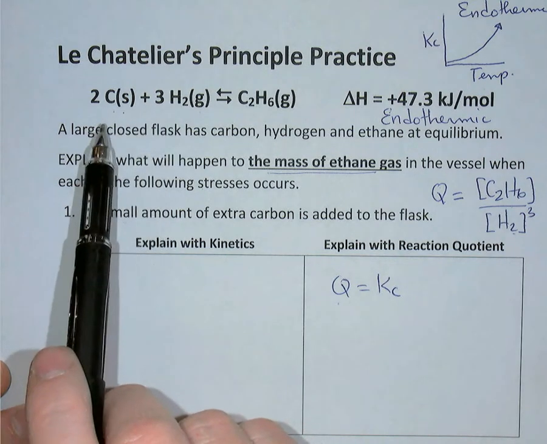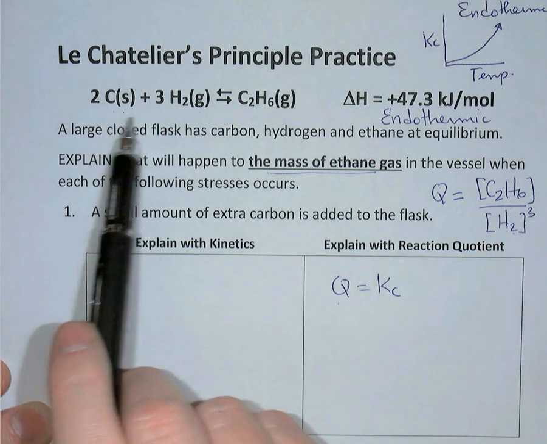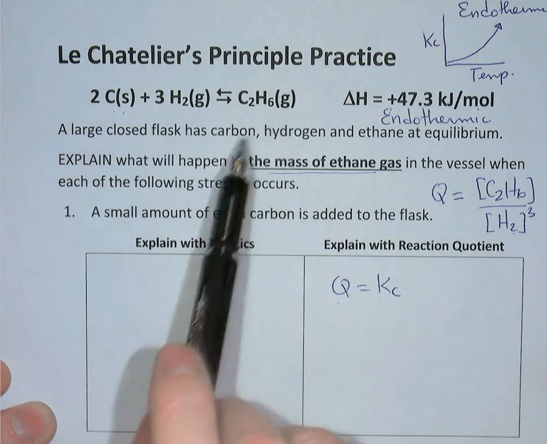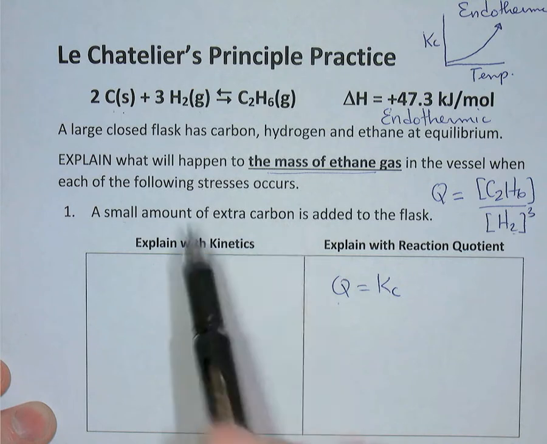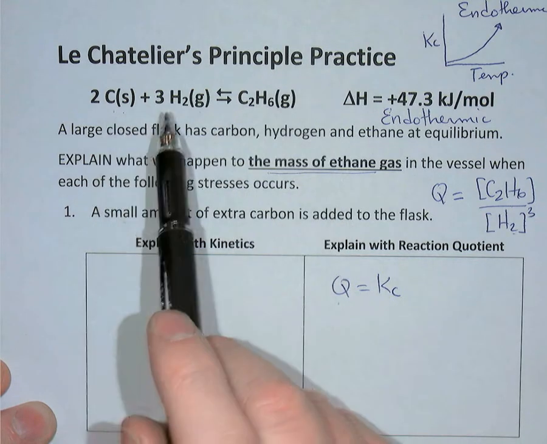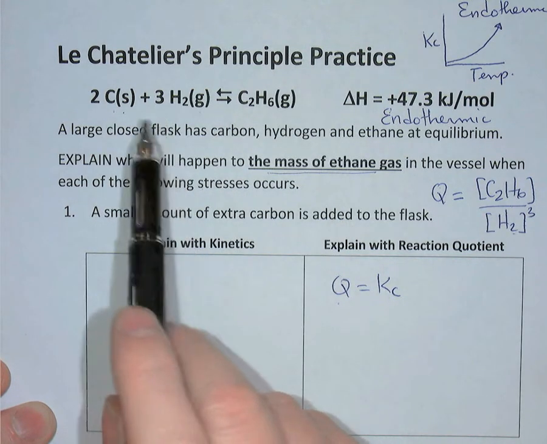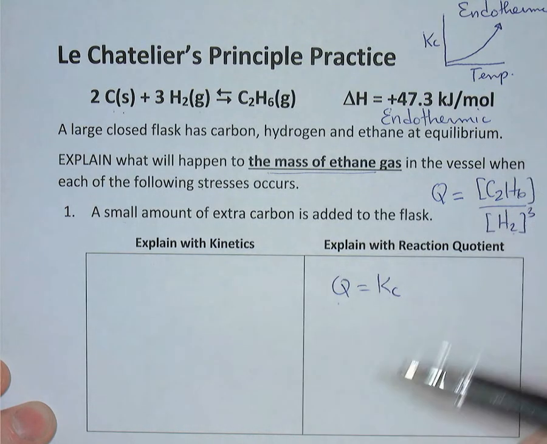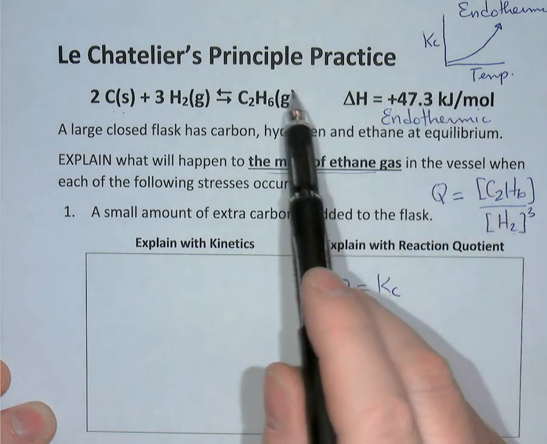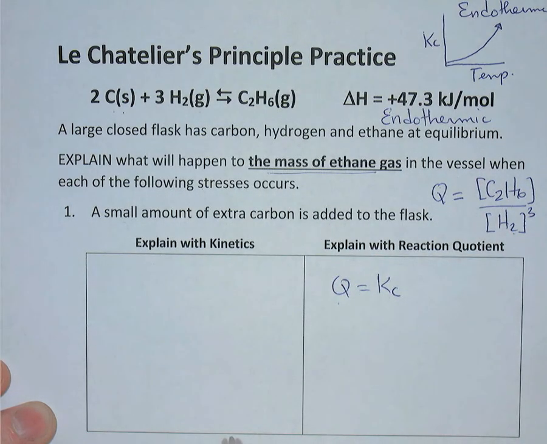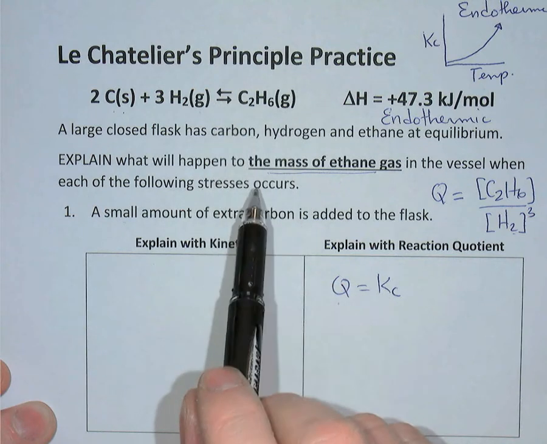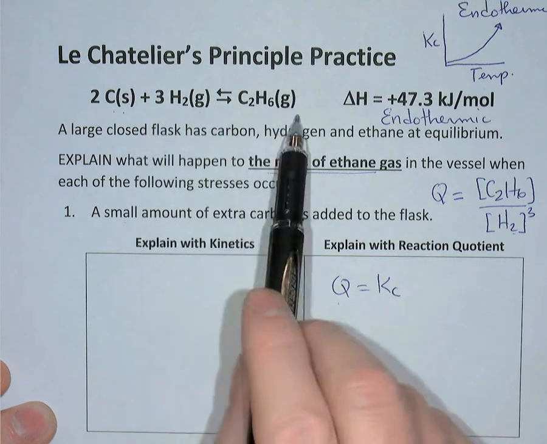The endothermic direction, in this case the forward reaction was endothermic, will increase in rate more than the exothermic direction. So in this case, the forward reaction, which was endothermic, will increase in rate more than the reverse exothermic reaction. The forward rate will end up larger than the reverse rate, so the reaction shifts forwards to